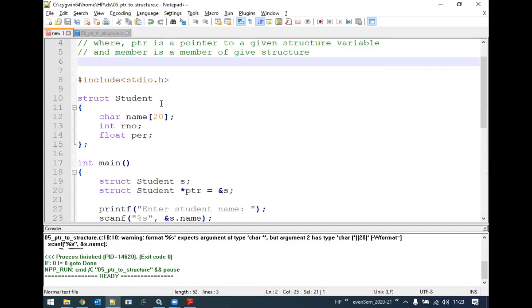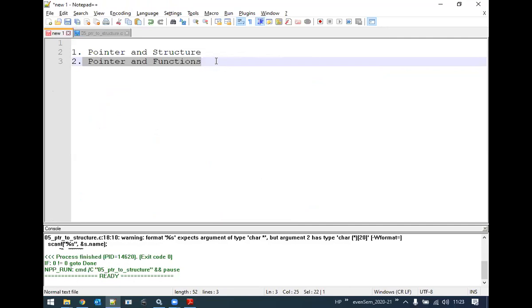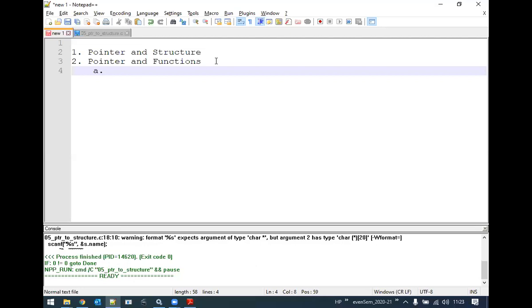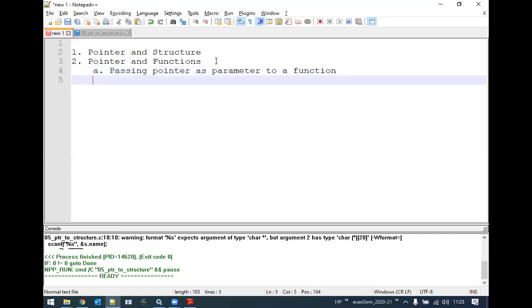The next concept is pointer and functions. In the pointer and functions, we have three different sub-concepts. The first one is passing a pointer as a parameter to a function. The second concept is returning a pointer from a function.